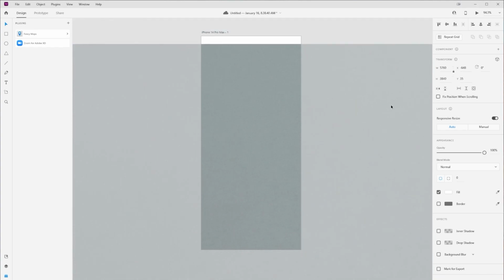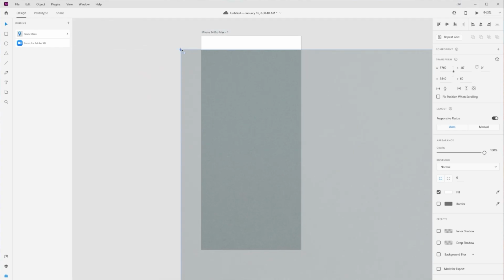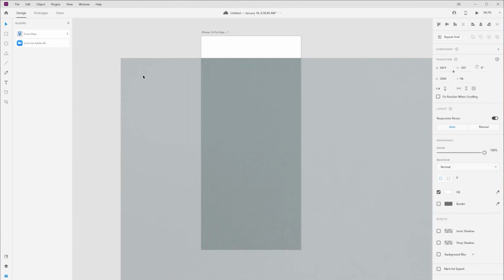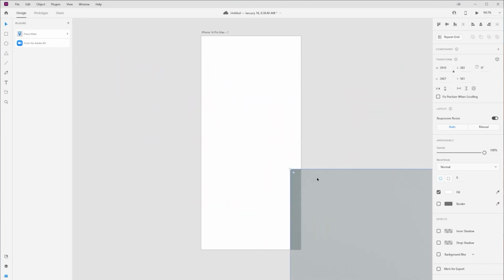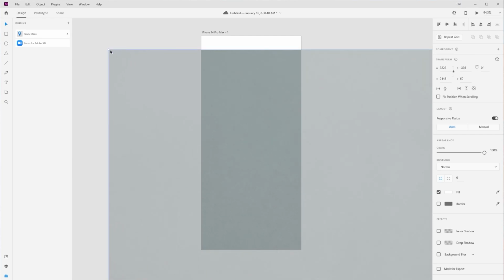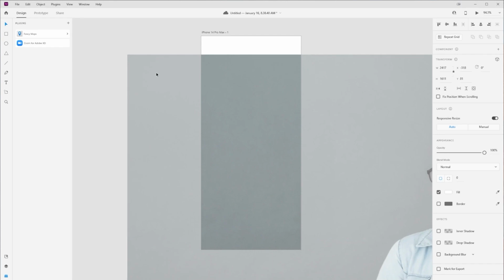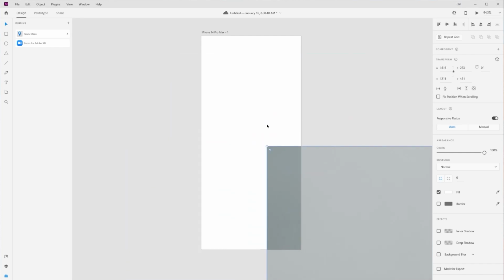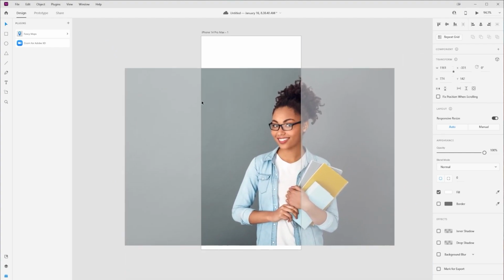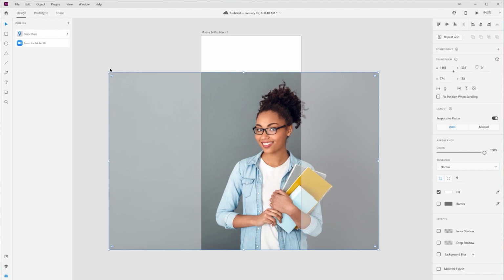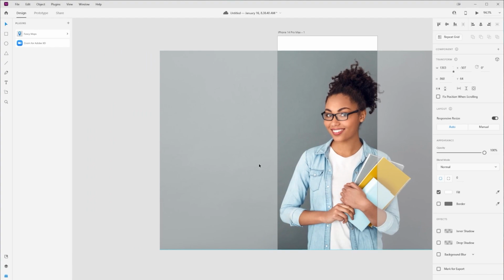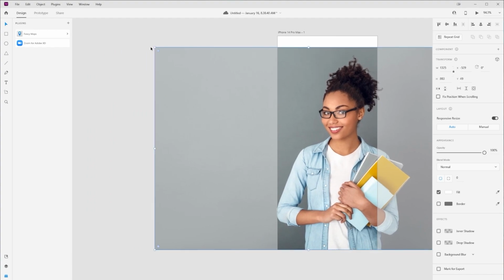So I can move the photo around until I can grab the corner. I could also zoom out on this, but I'm just going to scale it by grabbing the corner. I'm holding down the Shift key when I scale this, and what that does is it constrains proportions so my image doesn't get stretched out. Now, this is quite a large image made for print, and that's why it's taking so long to scale. But it's always better to start with an image that's too big and scale it down than start with an image that's too small and scale it up. When you take an image that is too small and scale it up, it's very easy to lose quality in your image. Now I'm going to go with this, about right here.